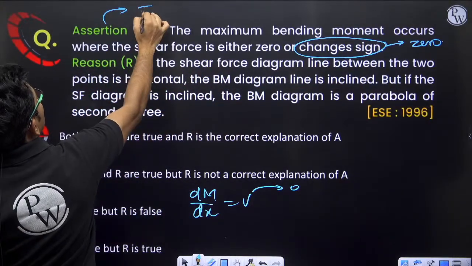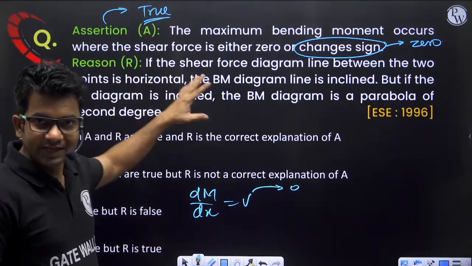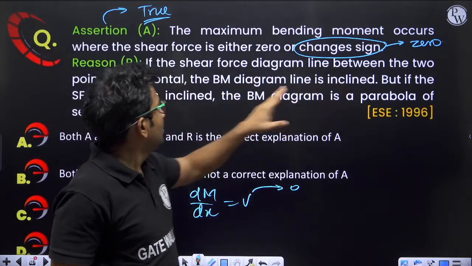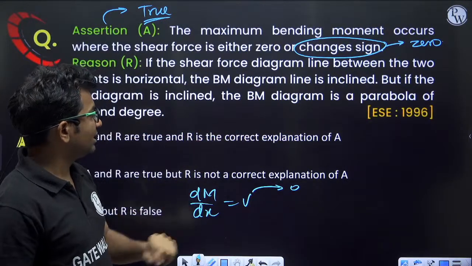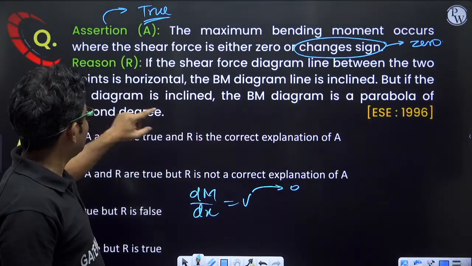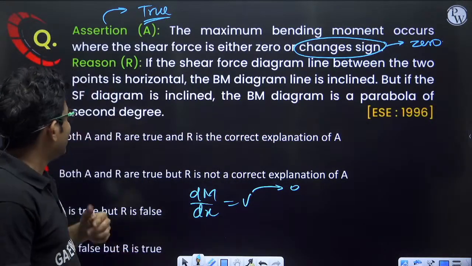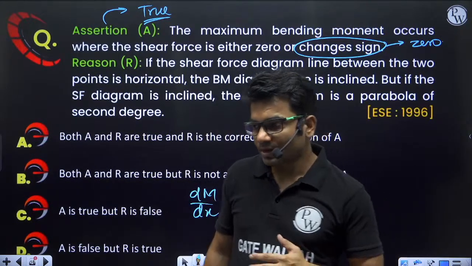This is true. 100% correct. No doubt at all. Next, reason. If the shear force diagram line between the 2 points is horizontal, the bending moment diagram line is inclined. But if the shear force diagram line is inclined, the bending moment diagram is a parabola of second degree. Yes, this is also correct, because